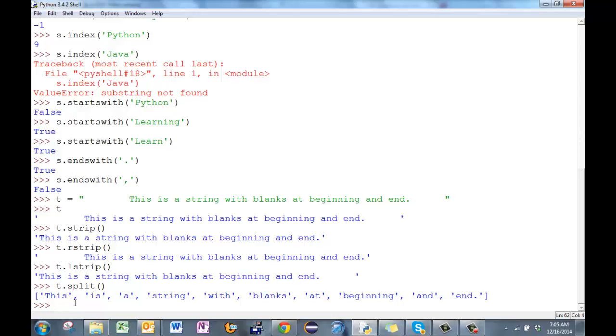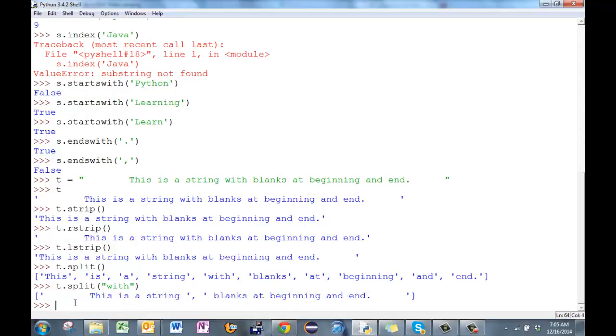Now I can tell it to split on something other than white space. T dot split, and let's split on wherever it finds width. Now it gives me everything up to this is a string. It says I'm going to use this to split it, and then I get everything that came after the word width. Well, nobody would ever split something on width, but suppose T equaled